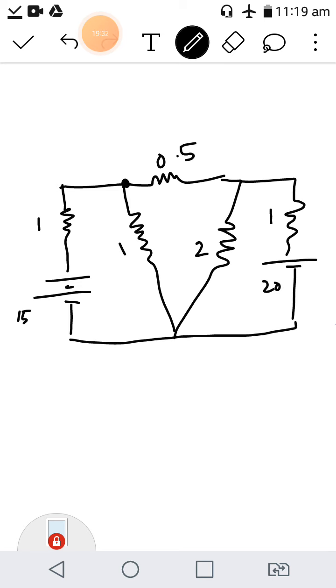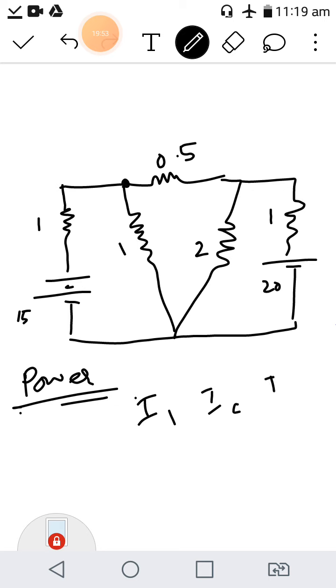Okay, so you have to find out all the branch current. After finding all the branch current, you have to find out what is the total power consumed in the resistor. So I will tell you how to do this. Branch current you know how to calculate, that is by nodal analysis. How to calculate the power? Okay, so power calculate, once you get all the current like I1, I2, I3, how many currents that you have to find out. So what is actually power? I square into R loss is known as the power loss.